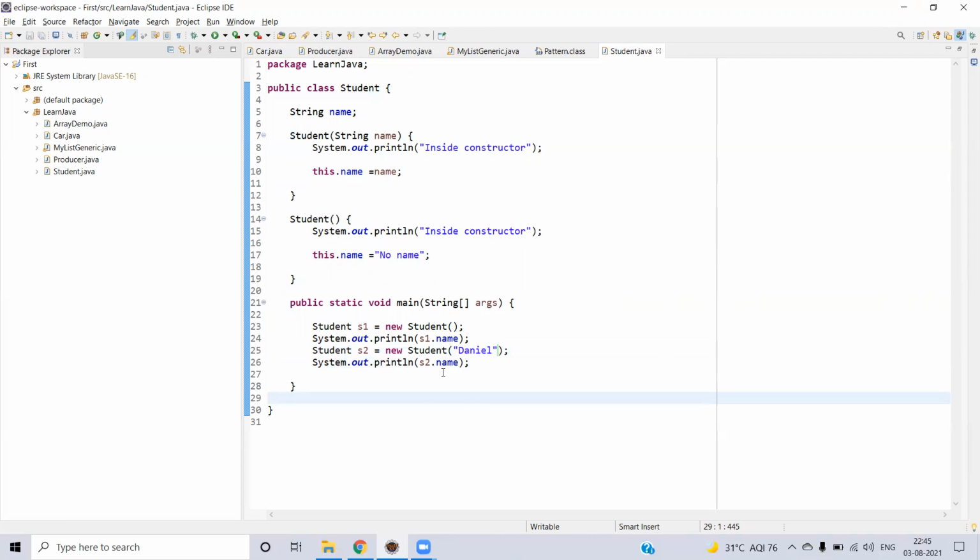Now, if you try to execute, here you can see in line number 25, new will be creating the empty object, and you are calling Student with some string value. Now it will go into the class and look for the constructors which have the argument or parameter as the string type. Here you can see it does not have any argument, so it will skip it and go to another constructor, which has the parameter as string. So it will take that one and execute.